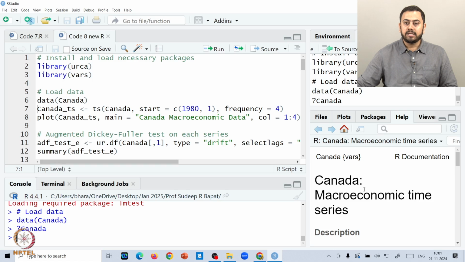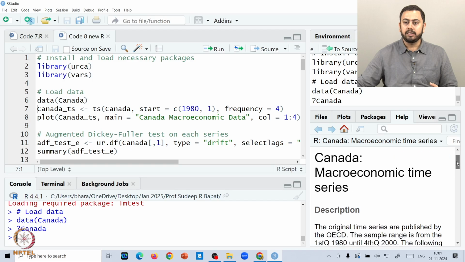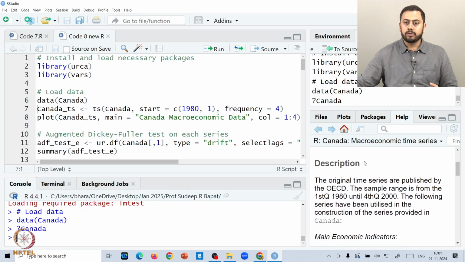This data set is named Canada, and it is a macroeconomic time series data set, as you can read from the heading. It throws you a small description. The original time series are published by the OECD, and the sample range is from the first quarter of 1980 until the fourth quarter of 2000. This is just a small description about the timeline of the data set.